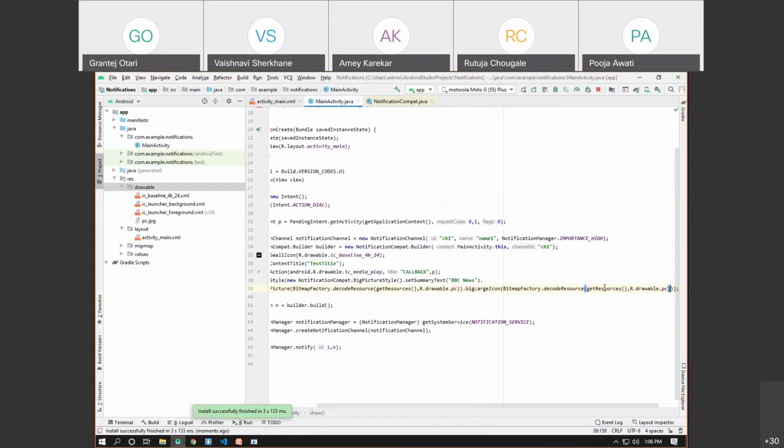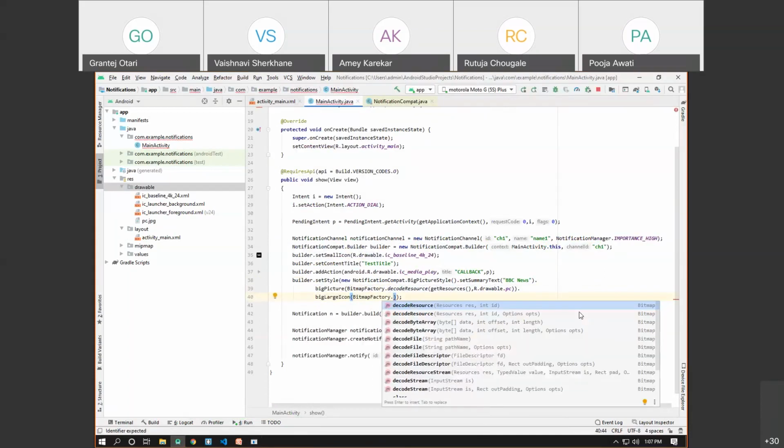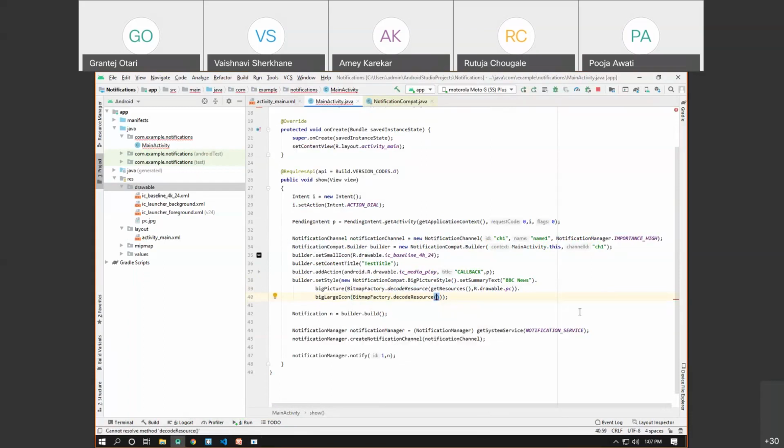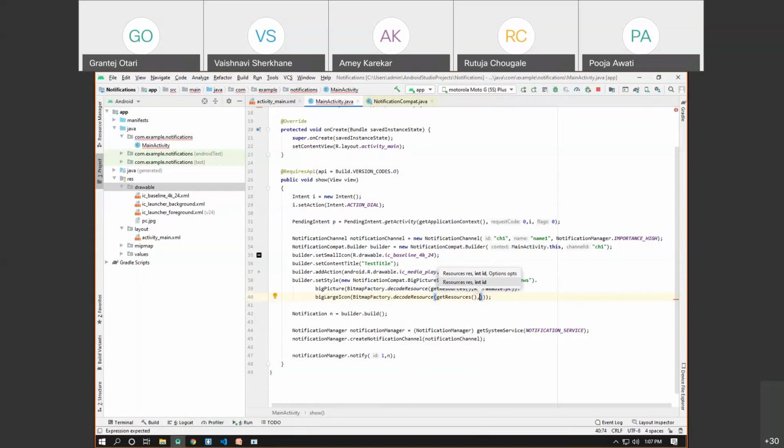Suppose I want to choose some vector from my current project, I can do that also. I'll add a slash in here, and now I'll choose the vector from my current project. So I can say BitmapFactory dot decodeResource getResources, comma, the ID of the drawable.